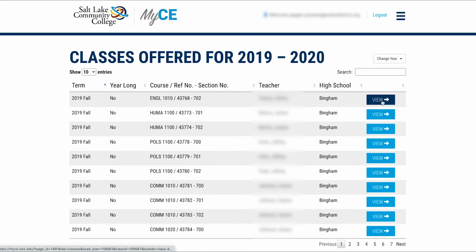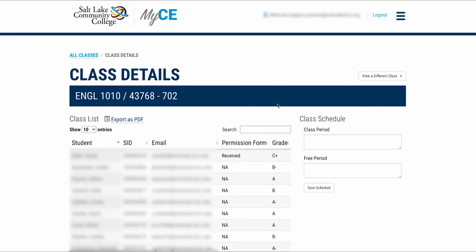Whenever they go into a class detail, they're going to be able to see a list of all of the students who have successfully registered for the class. So if they go through this list, this class roll, and they notice that there's a student missing, the student is on the high school roll, but they're not on the college roll, then that means the student hasn't registered. And they can reach out to the student and find out what's going on so they can help students get